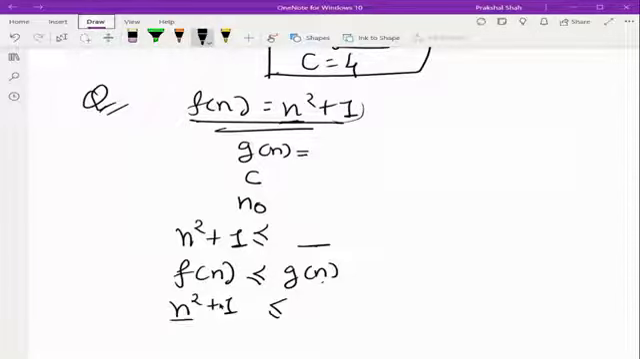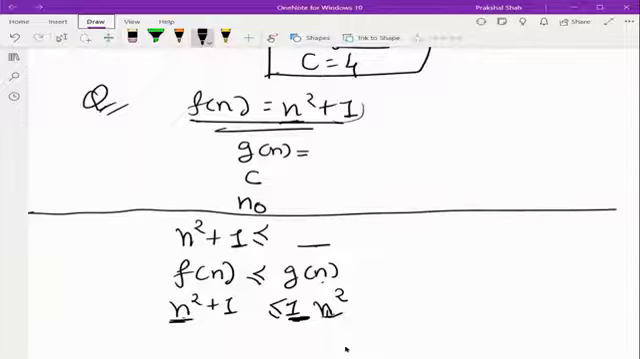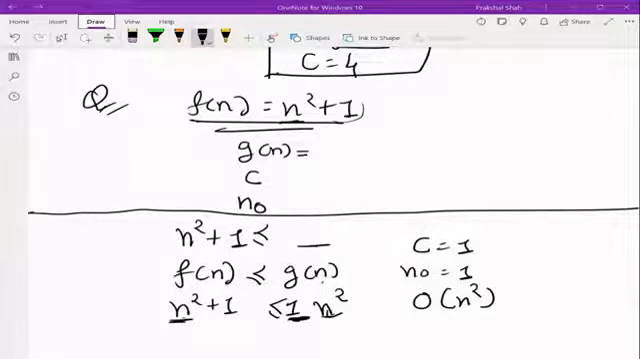Now g of n will always follow the degree of n square, so it will be n square here. This constant c would change, but it will always follow n square. For simplicity, say I put this one as an example. Hypothetically, this is not true, but I'll show you how. If I consider c equals 1 and n naught equals 1, and my function g of n as order of n square,